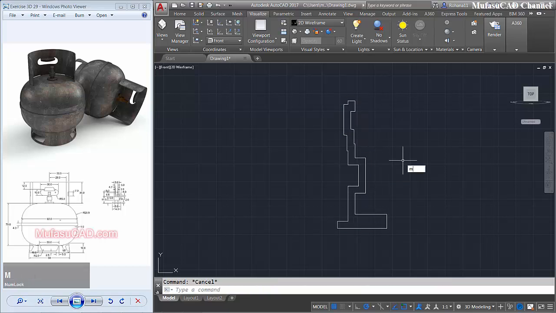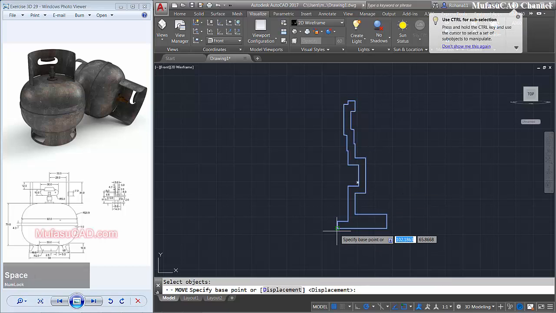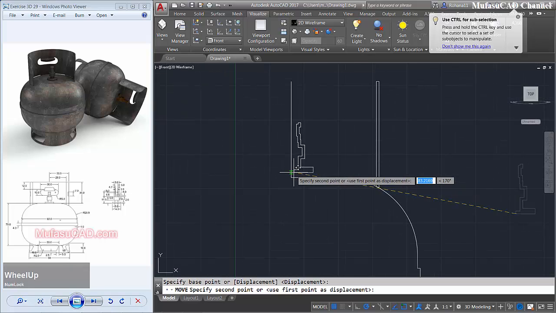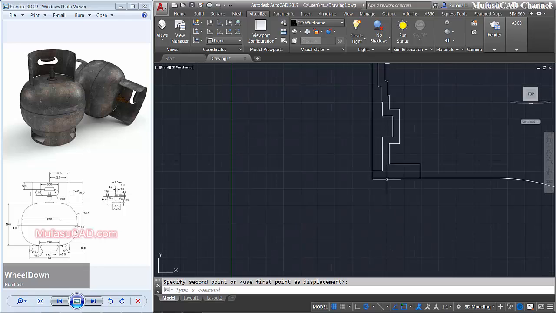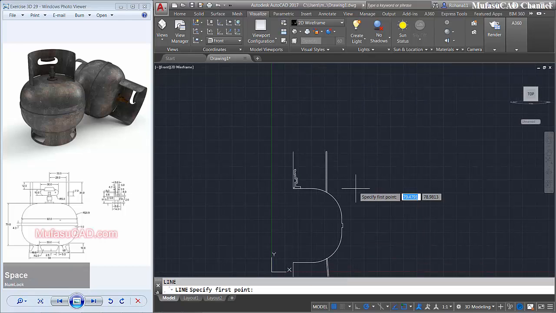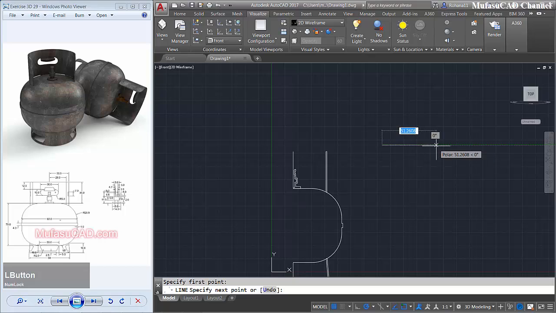Okay, we move this object, starting from this point into this point, and next I will create a line from this point with a length of about 30, move to the bottom 10, and to the left 30, close.